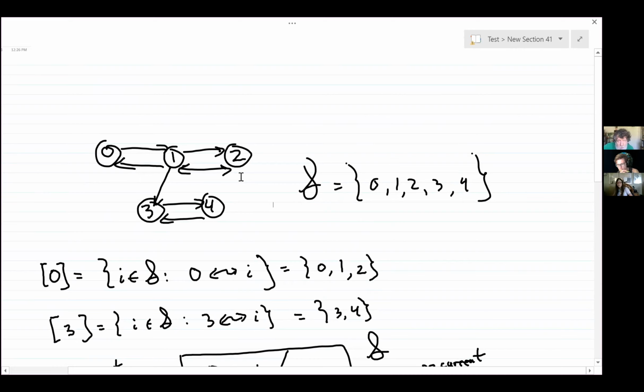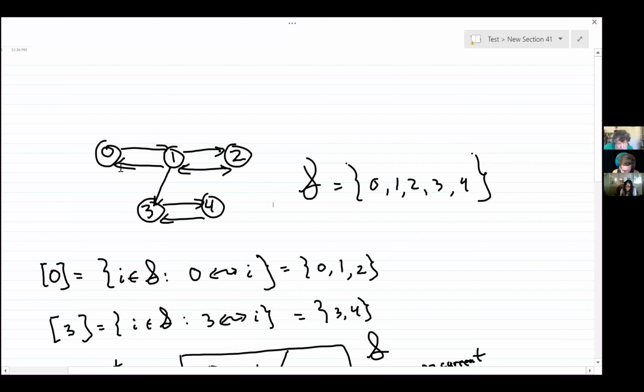So suppose we had a Markov chain that had these transitions. These are one-step transitions. And the state space is 0, 1, 2, 3, and 4, as you can see. And we had just talked about communication being an equivalence relation. And in equivalence relations, you have what are called equivalence classes. So for example, the class of 0 would be all the states that communicate with 0. Well, if you look at this picture,